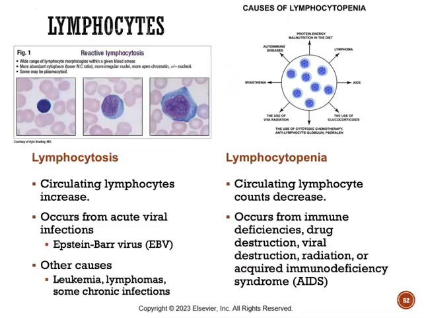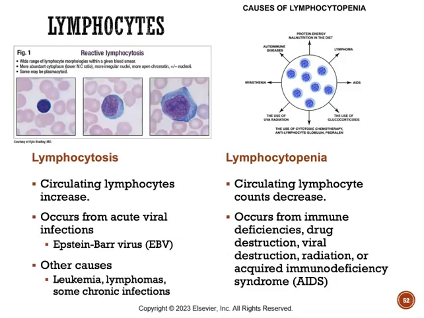The last cell type we're going to talk about are our lymphocytes. And these, of course, also work within our immune defense, but their levels tend to rise and fall depending on what we really have going on within our body. So if we have lymphocytosis, that means we have an increase in our circulating lymphocytes. And to remind you, these are our B and T cells.